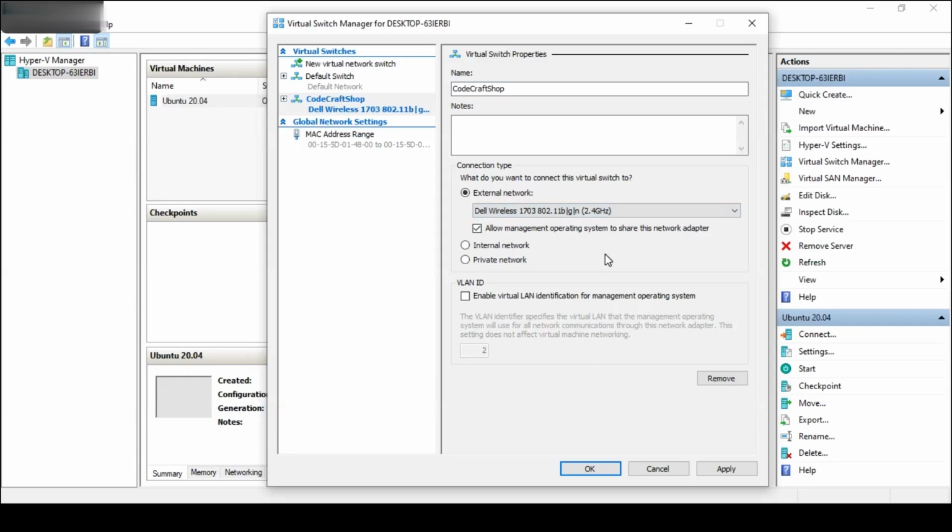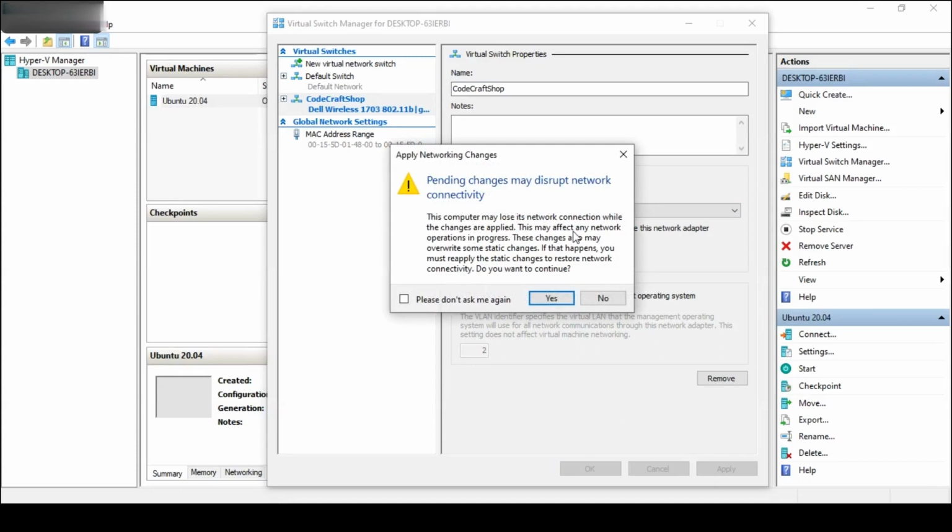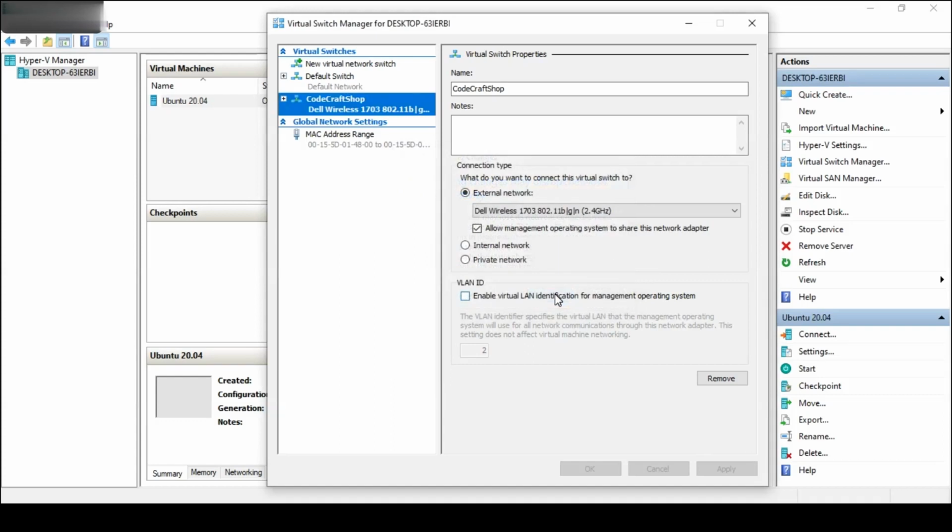I have selected the connection type as external, so it is an external virtual switch. I'm clicking on apply. Once I apply, it will prompt a dialog box saying that for some time while applying the virtual switch, we will be out of network. So I'm clicking on yes.